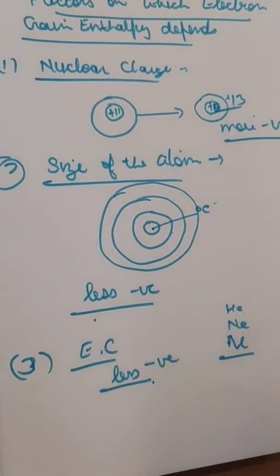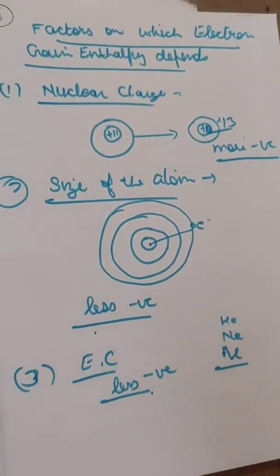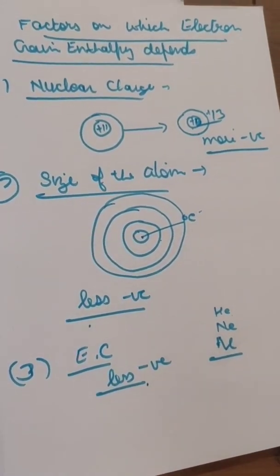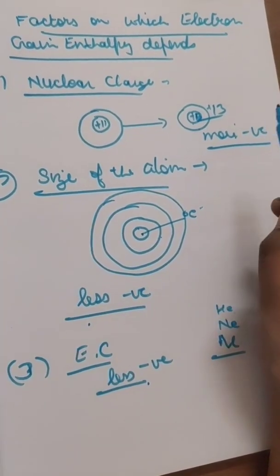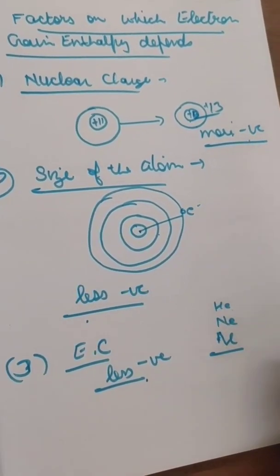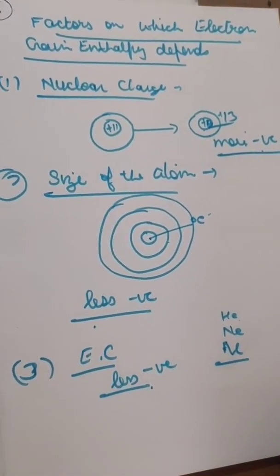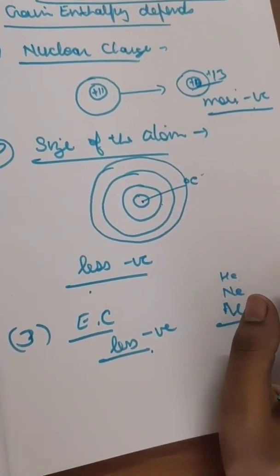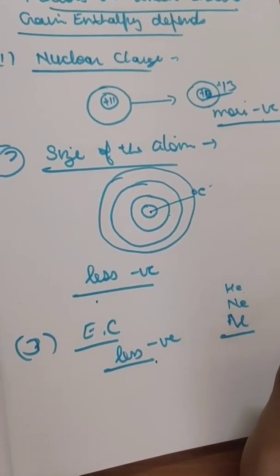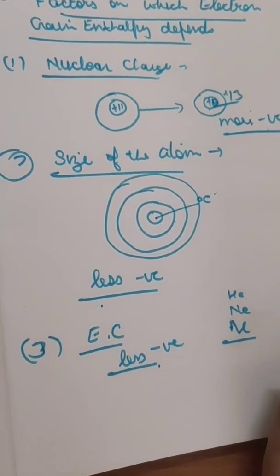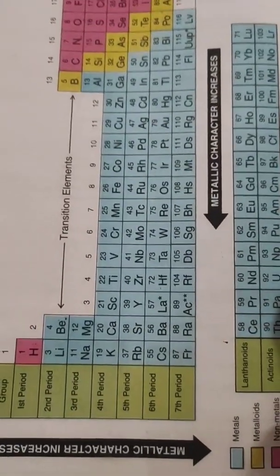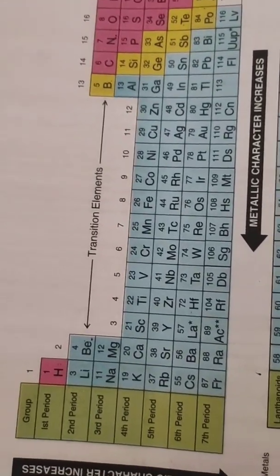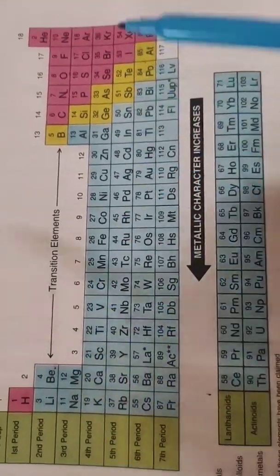You have to make sure that the more energy the atom releases, the more negative the electron gain enthalpy value is, and the less energy the atom releases, the less negative it will be. Okay, so if we see this with the help of this table, we will know that,